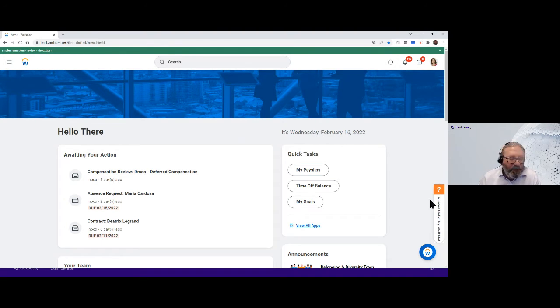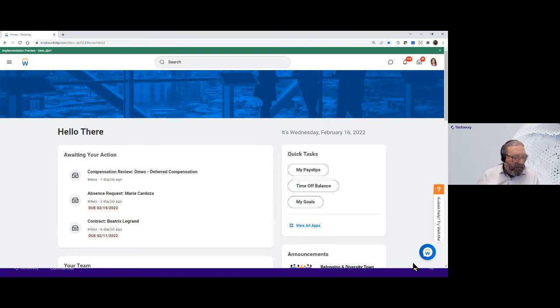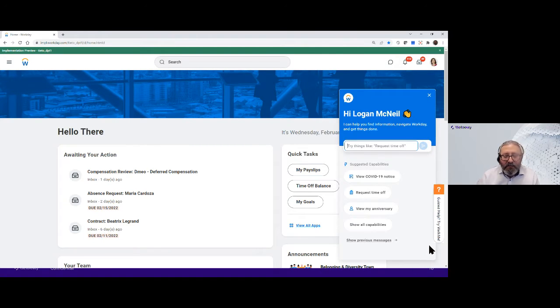So here we are in the tenant, and I'm logged in as Logan, our super user, if you've gone to many sessions today. In here we have our Workday Assistant icon. If I go into here, you may notice this is a slightly different look if you're using Assistant. That's just recently changed, with higher definition on the contrast and so forth. So it's handy for adaptive users, people who are perhaps visually impaired or using adaptive technologies to access Workday. But if we go into here and type in natural language, correct time off,